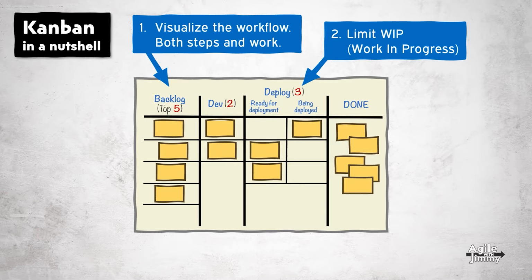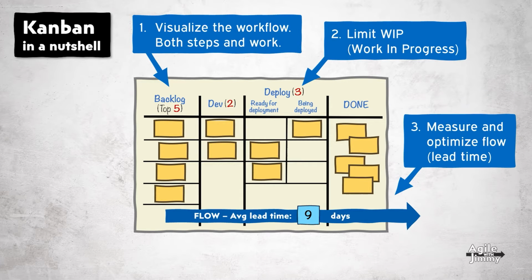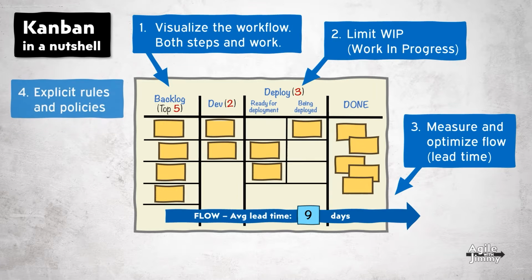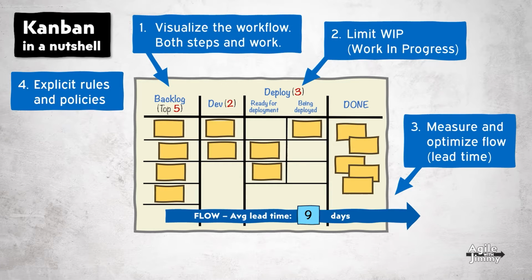They might have many ideas and requests, but only the absolute top 5 of the backlog is defined. 3. Measure the average lead time and optimize for a faster flow. Lead time is defined as the number of calendar days passed from when a user story or task enters the board until done. 4. Since Kanban doesn't describe any additional rules, roles, or meetings, we need to discuss and agree